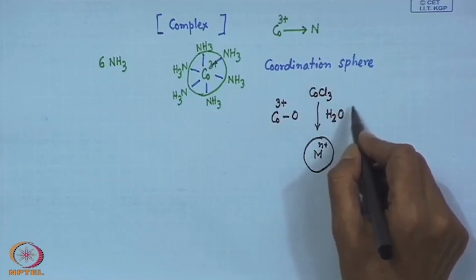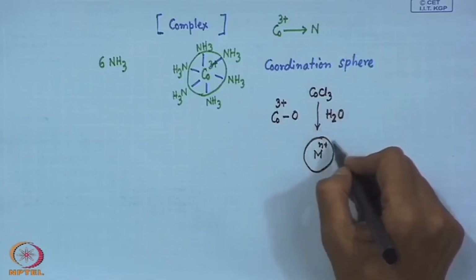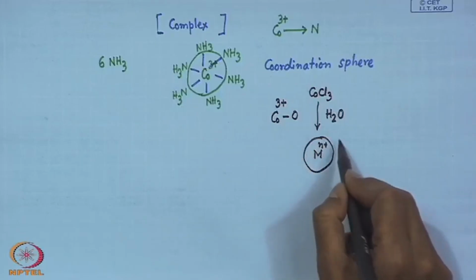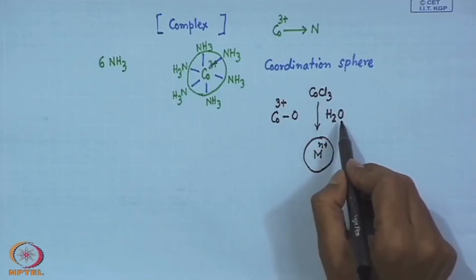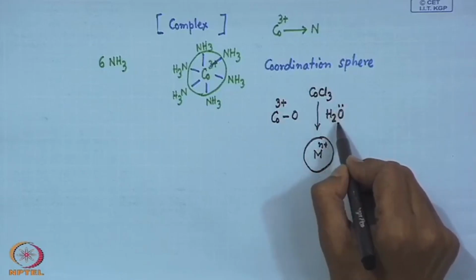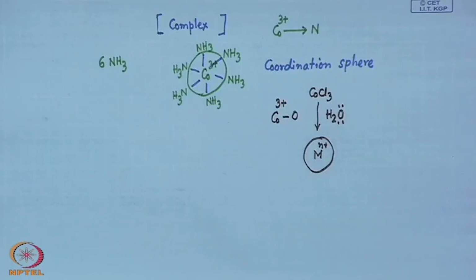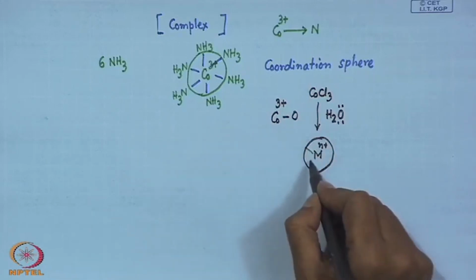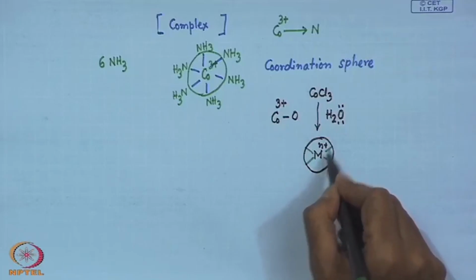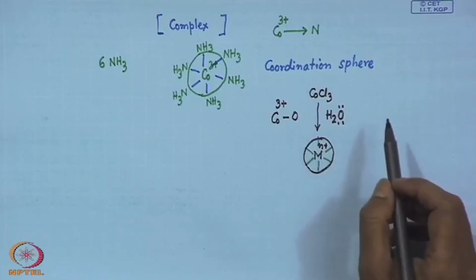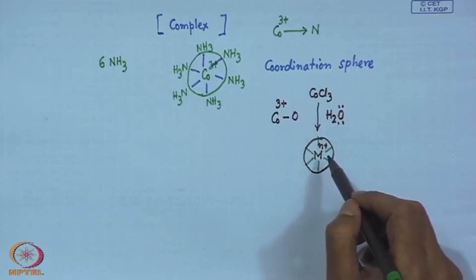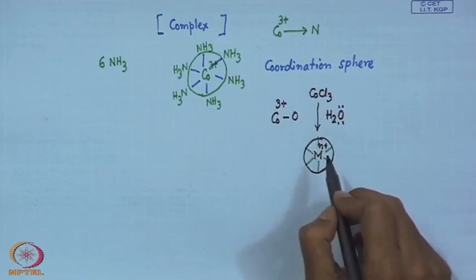From the living system also these water molecules will surround this particular metal center in the same fashion, and these water molecules, having the lone pairs of electrons on the oxygen atom, will start interacting in a similar fashion with our metal center. So, a large number of water molecules will be surrounding this particular metal center,